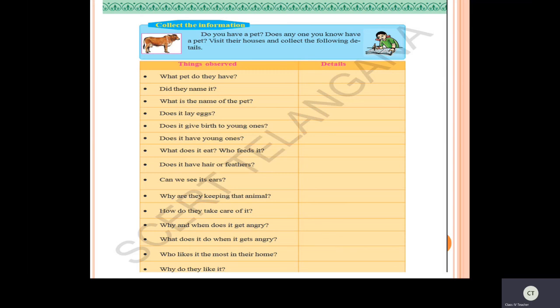Okay, children, do all the work in time and complete all your classwork. And the main important thing, once again I am telling you, reading the textbook is very, very important. Read the textbook, underline the hard words. Once again, if you go through the textbook, you can recall the topics we have discussed.